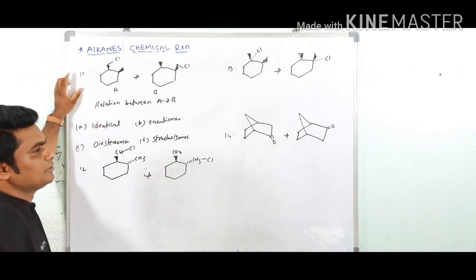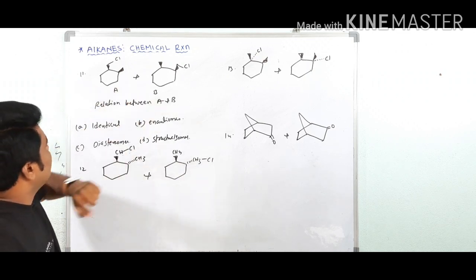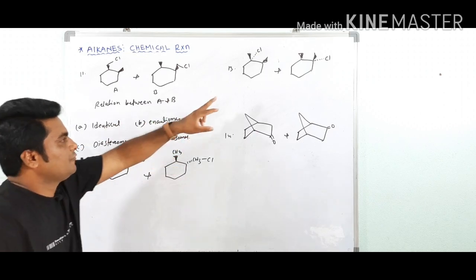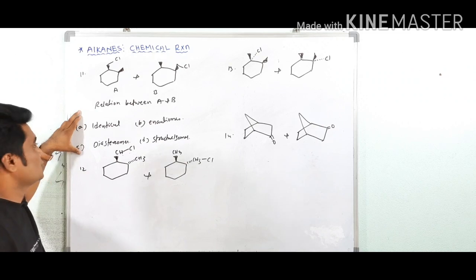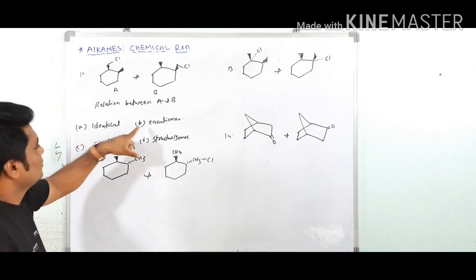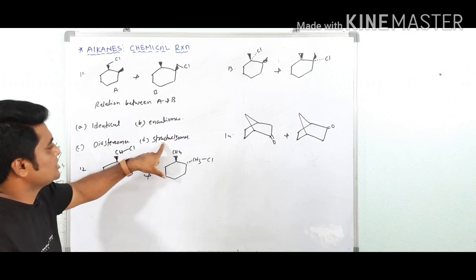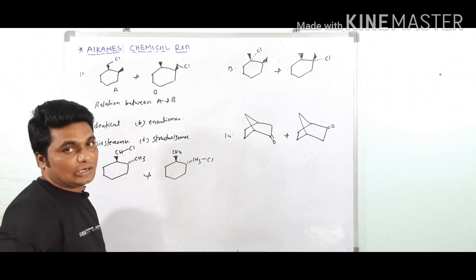That is question number 11. 10 we already finished. They are giving A and B. They are asking the relation between A and B. 4 options. For every question you have the 4 options, but I wrote only for the one question. A is identical, B is enantiomer, C diastereomers, and D structural isomers, like positional, functional, tautomers, like that.